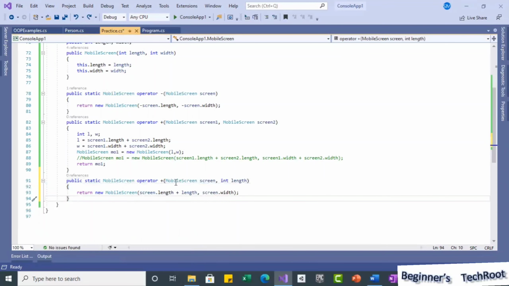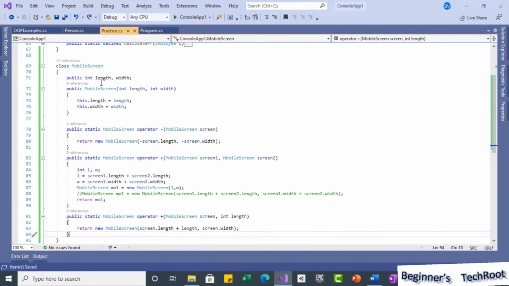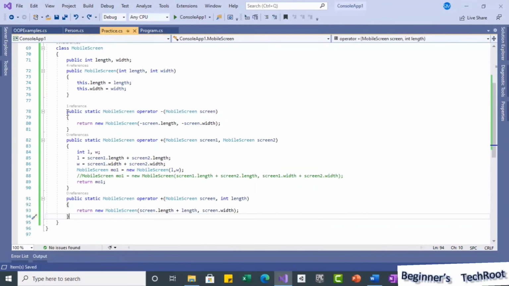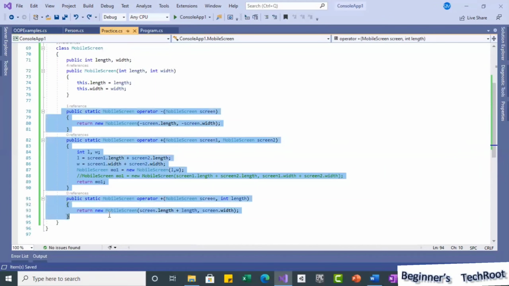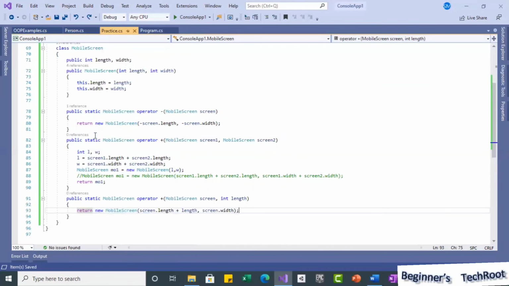Okay, so this is the other implementation. Now if you see what we have done in this class, we added three operator overloading methods. Inside here, you can have multiple statements based on your requirement. You can have multiple operations, and finally you can return the final values.